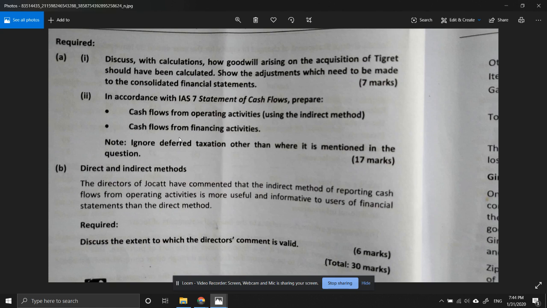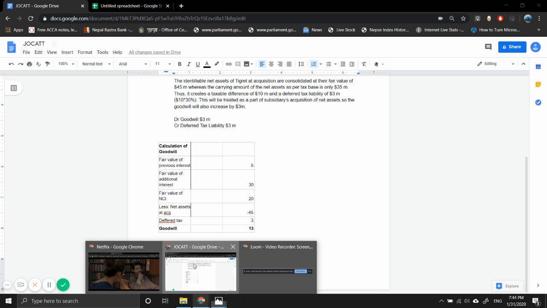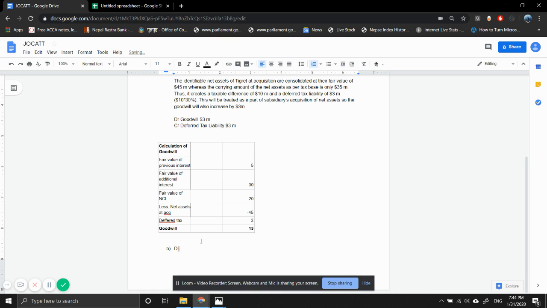Okay, since these two are already done, let's explain this thing. Discuss the extent to which the director's comment is valid, right? It has said which method should be used, direct or indirect. The directors of Jocatt have commented that the indirect method of reporting from operating activities is more useful and informative to users of financial statements than the direct method. Okay, so let's